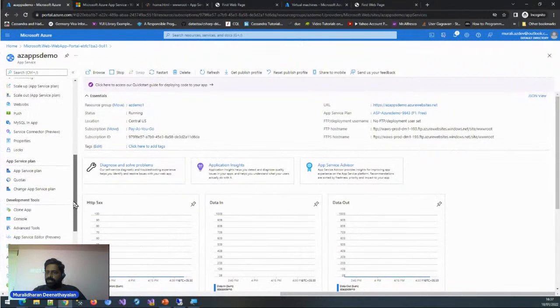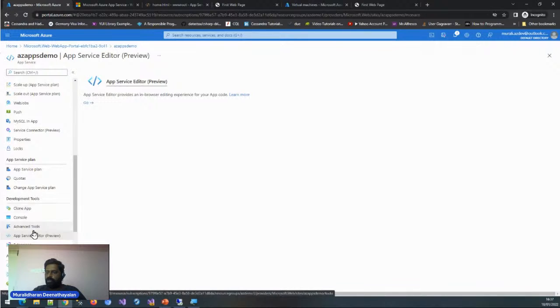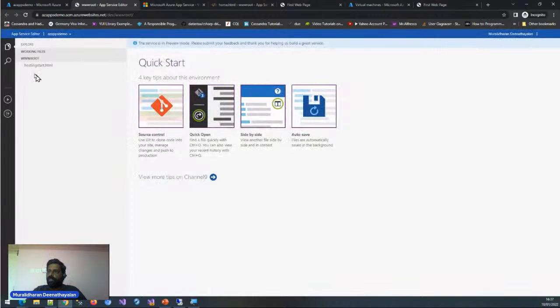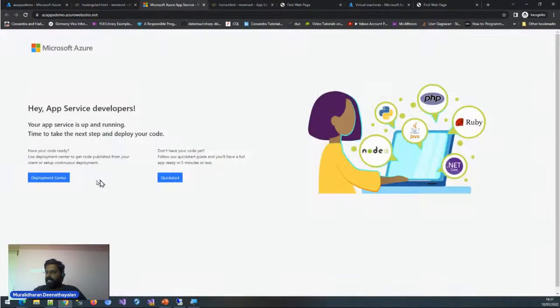I'll go to the App Service Editor under the development tools option. I click the App Service Editor and click go. It will give me an option where I can upload my files or edit the existing files. Okay, by default this is the default HTML page that we are seeing here.